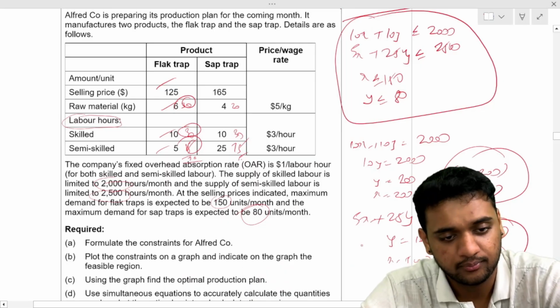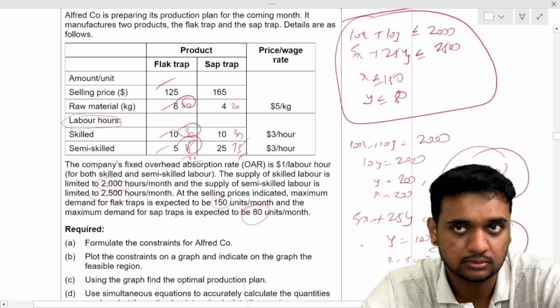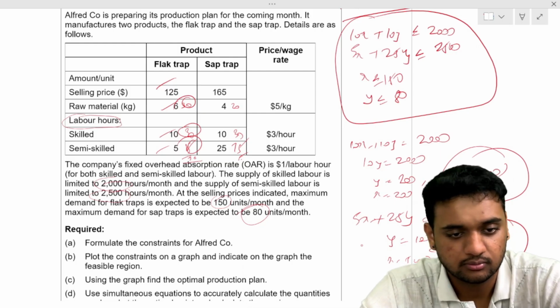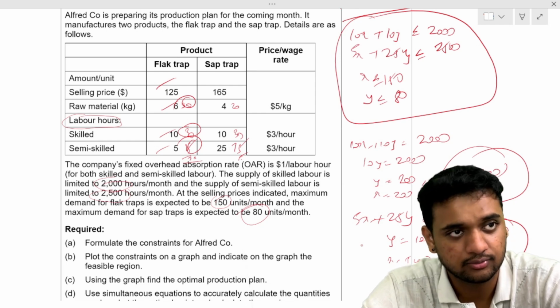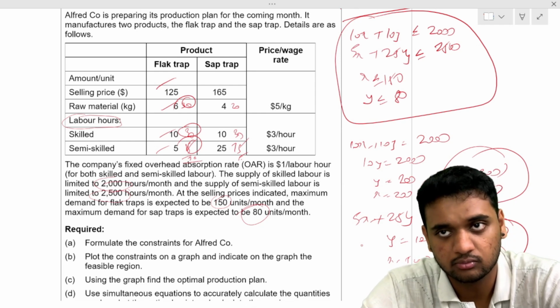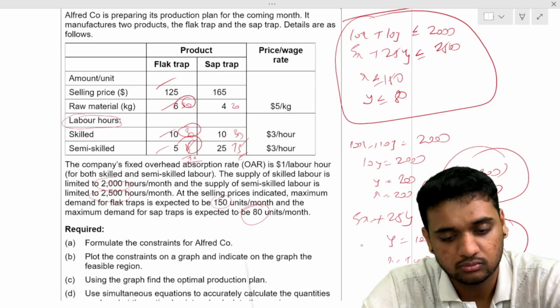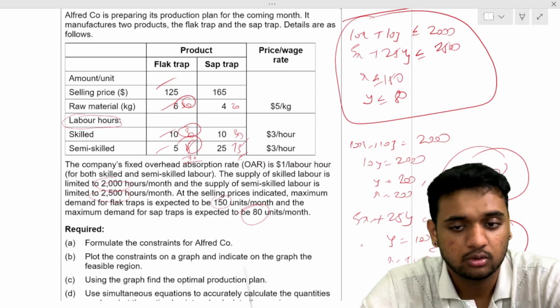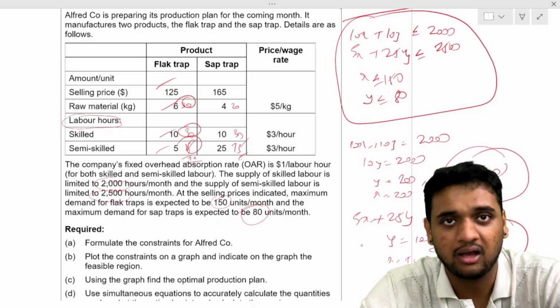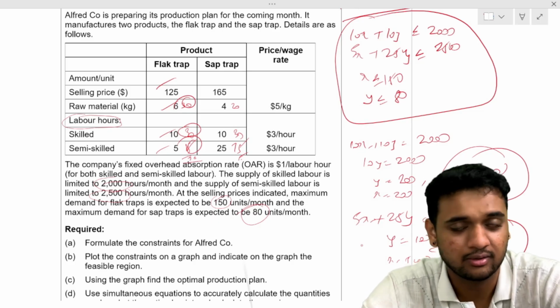Understood or not? What are the 2 points you got for the first equation? 200, comma 0. For the second equation,